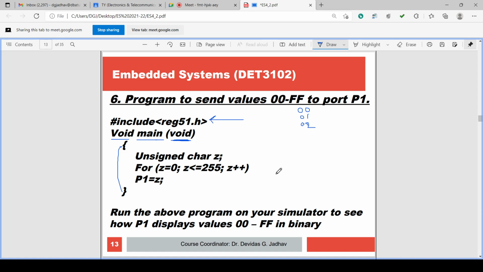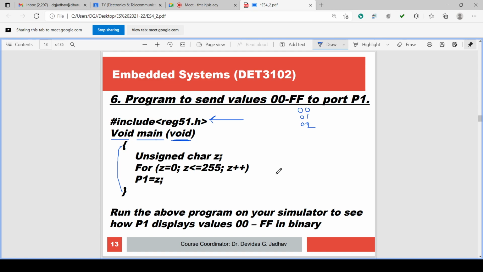Now in this case, unsigned char z is declared as a variable. Char is the character type of the variable. For loop is written: for (z = 0; z <= 255; z++).